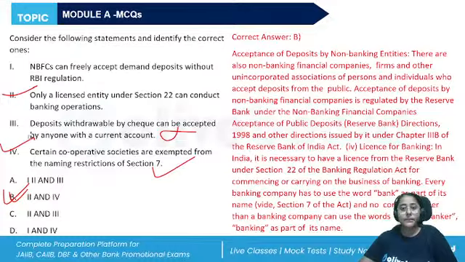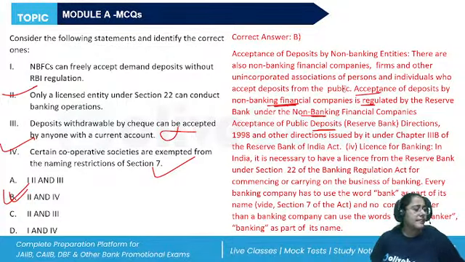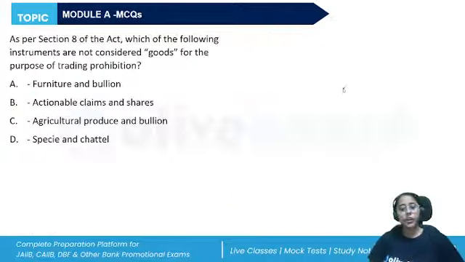All right. So the acceptance of deposits by the NBFCs is regulated by RBI under the Non-Banking Financial Companies Acceptance of Public Deposits Directions. License for banking, as we have already seen, is under Section 22. First, the entity will have to apply for the license. RBI will conduct its scrutiny, the fit and proper criteria, and then the license will be allotted. Only after that they can commence with the banking operations. Yes, correct. B.